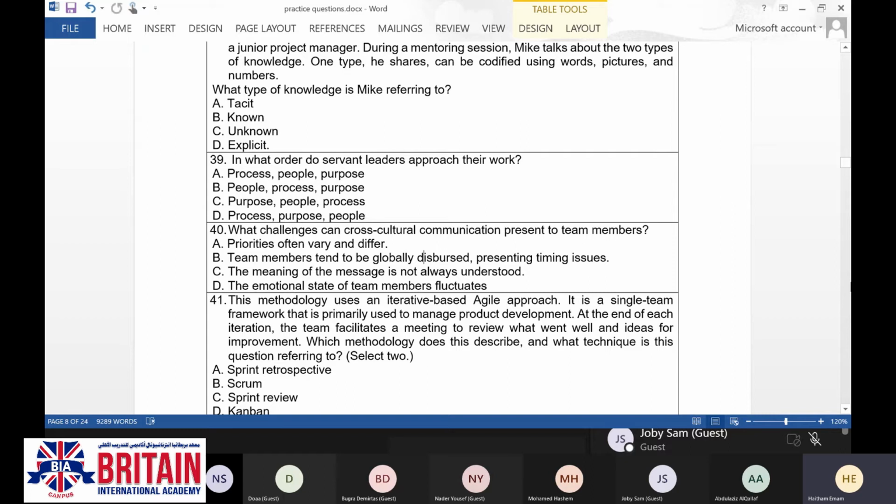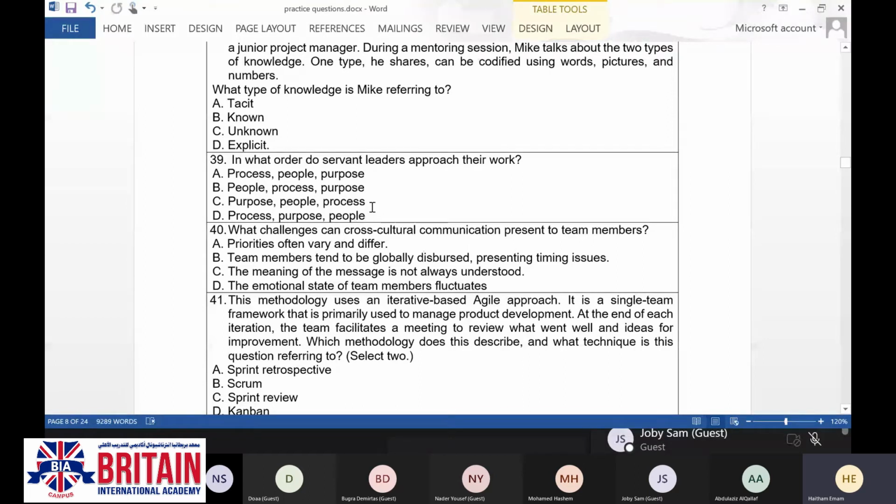So all of this is representing the message. The message itself maybe is not always understood. I hope the situation becomes clear right now behind this question.